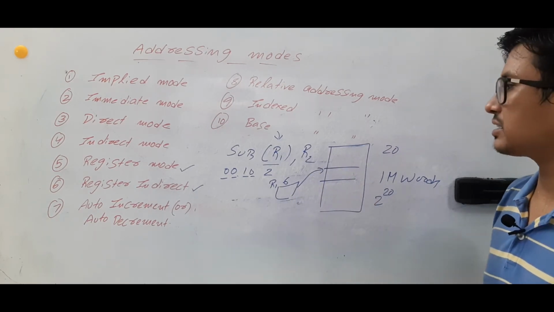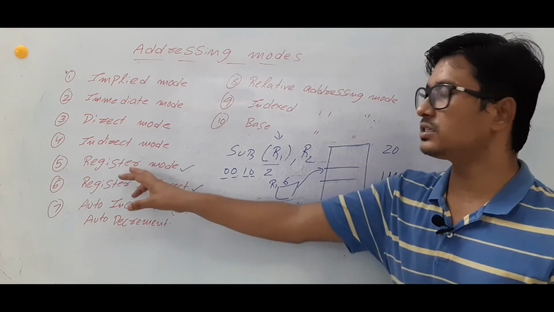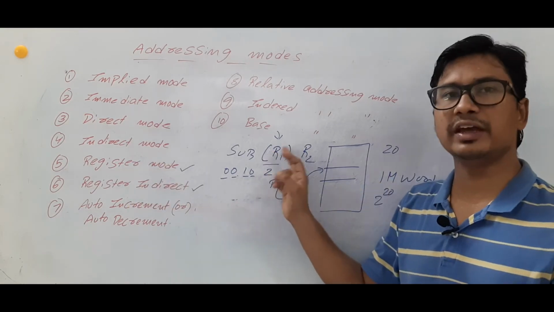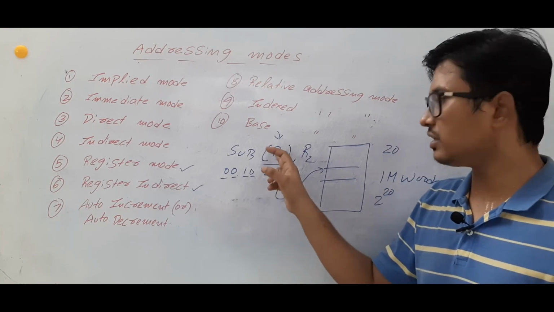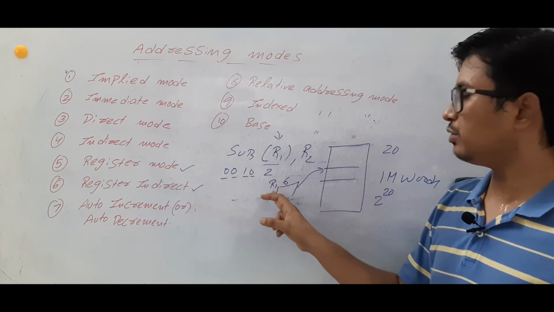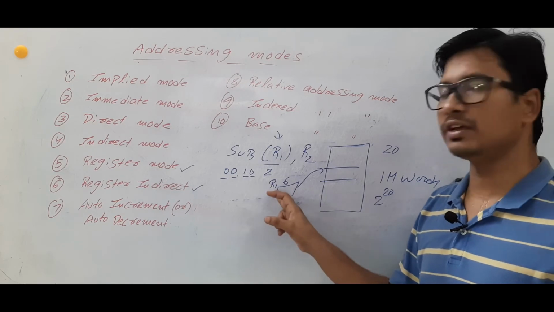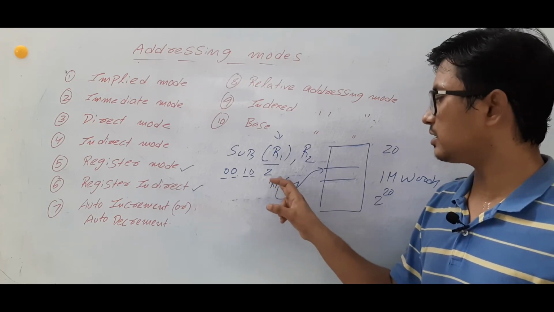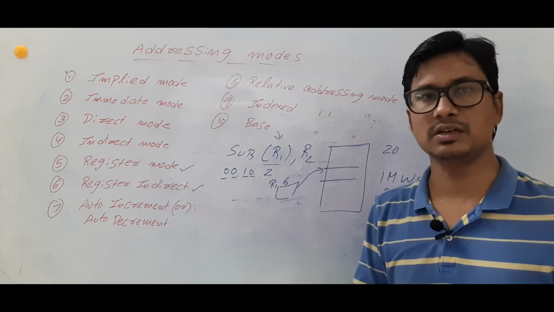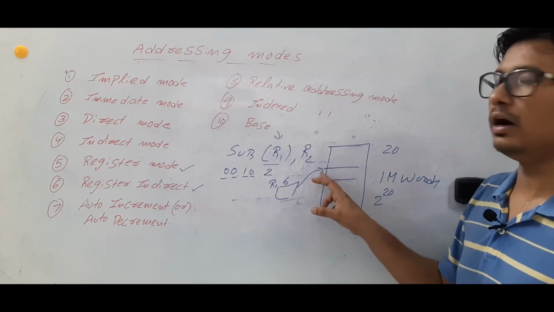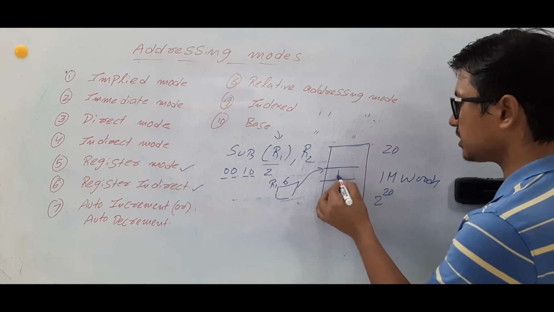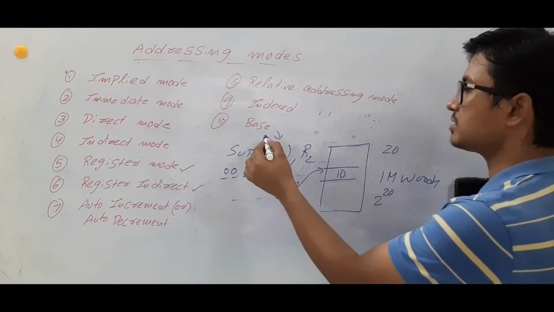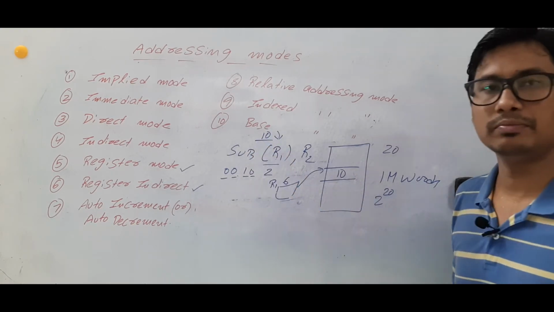Are you able to understand? Whereas in the register direct addressing mode, you are specifying the address of the register directly. Whereas here, you will go to the content of the register R1. Let's take that register R1 has the value 6. Then you will go to the address location 6 in the main memory. Then let's take that it has value 10. Then meaning is that here the value 10 will come.